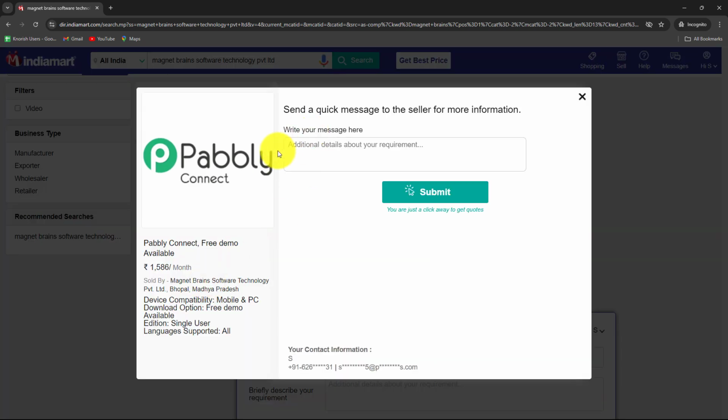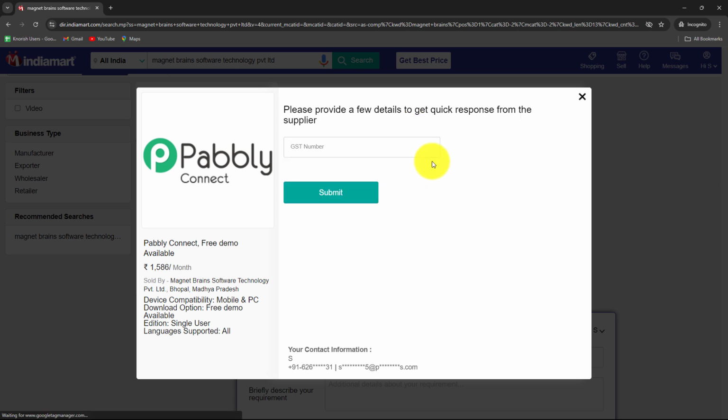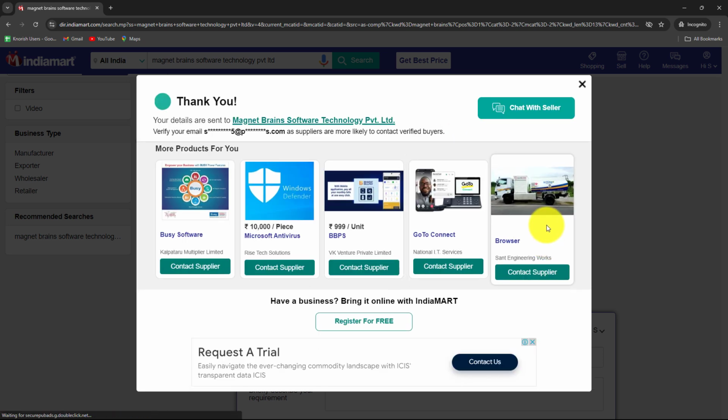supplier. This time the query will be changed because I've already created profile one, so I cannot change the name of the lead or the details of the lead. But when we are going to receive new leads, automatically the details will be changed because we are going to receive the response from different profiles, of course. Now here let's say the message is: this is a test query. Okay, we'll submit the query, and as we have done that,